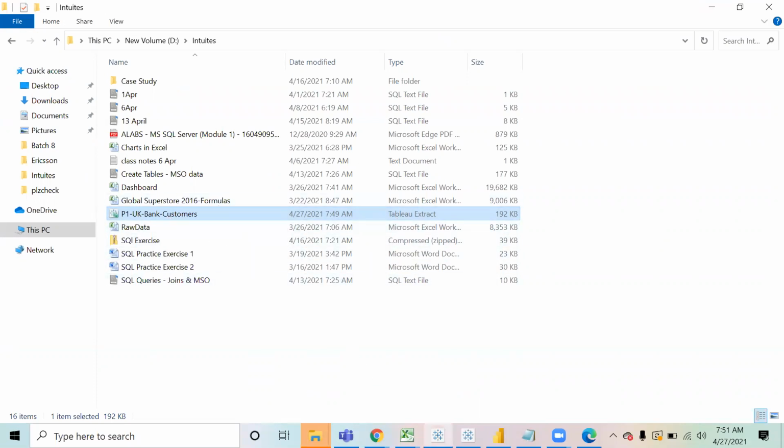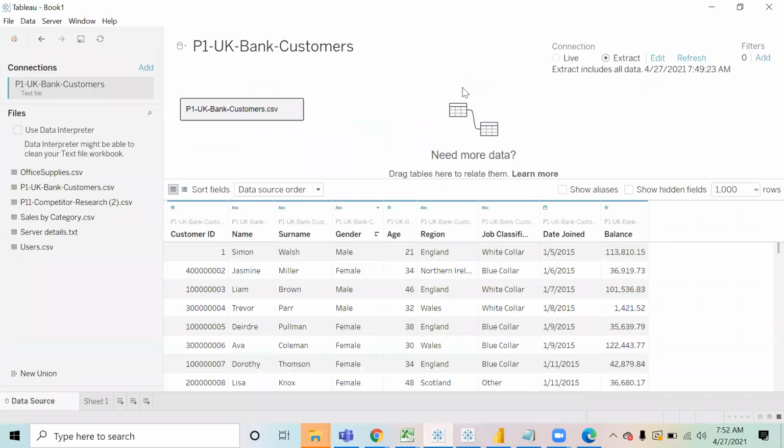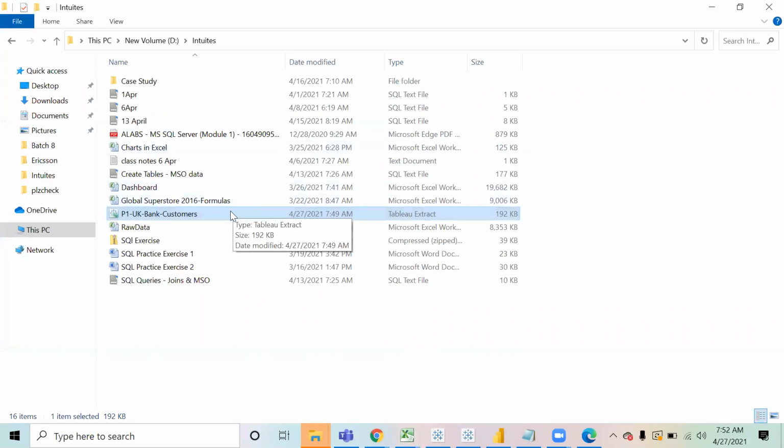Now what is happening is this Tableau file that I have is now getting the data from this extract, not from the CSV. So if we make a modification in Tableau using this extract file, will it save it in this file over here? Like, will it make a permanent change? Sorry, change as in?